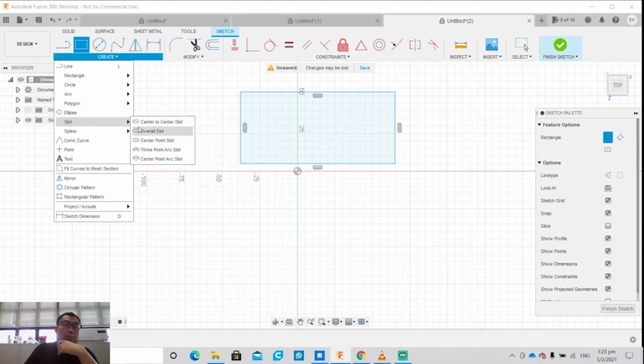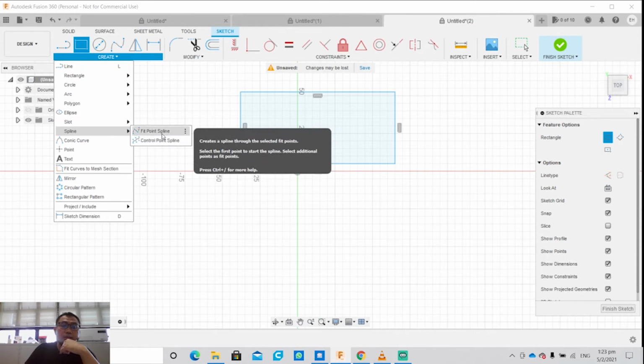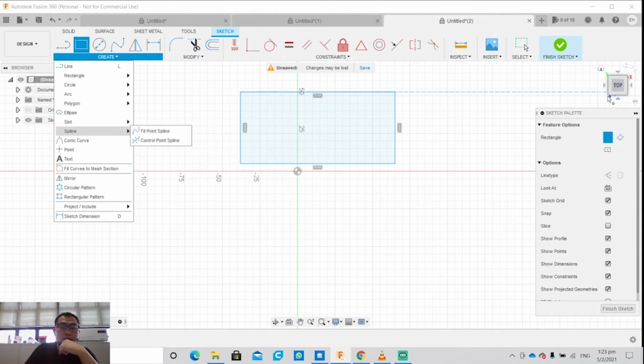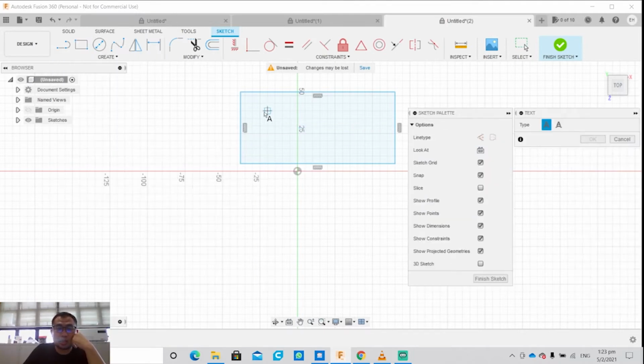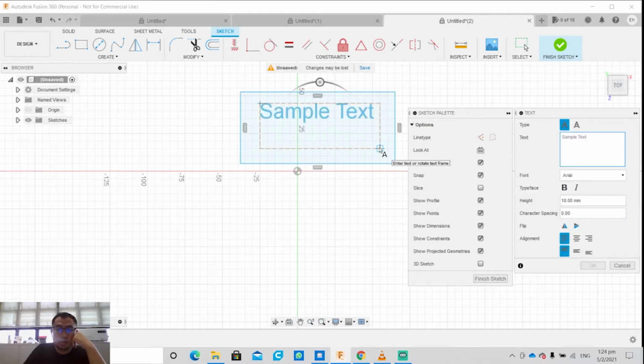A spline tool is basically a curvature, a series of curves, maybe for your patterns. Also very important is text. How you create a text is that you place the first corner of the text frame, just like the 2-point rectangle, and then you click on the second point, which will generate a box, and within that box you can type out your text. Once you are done with your text,